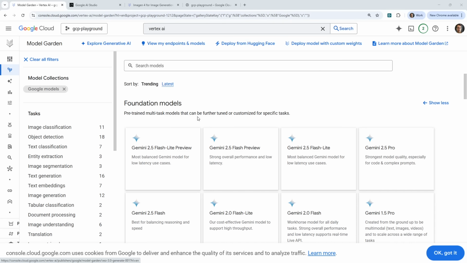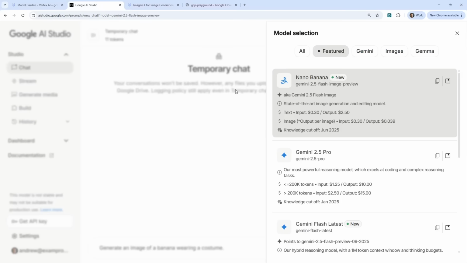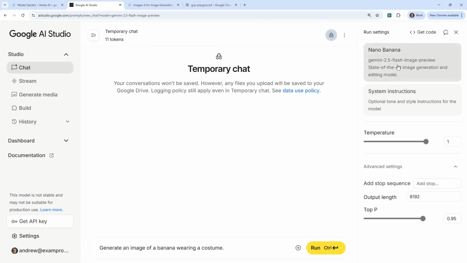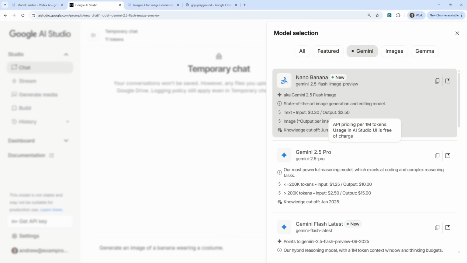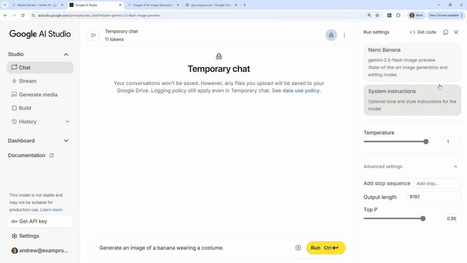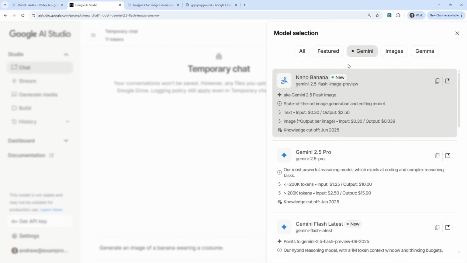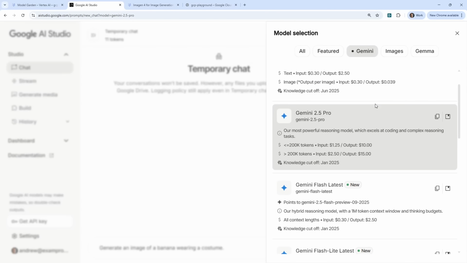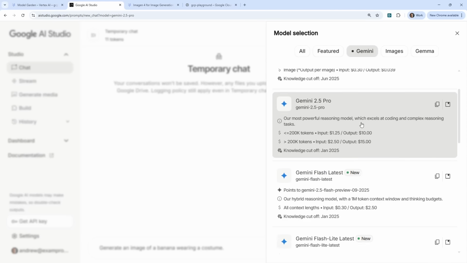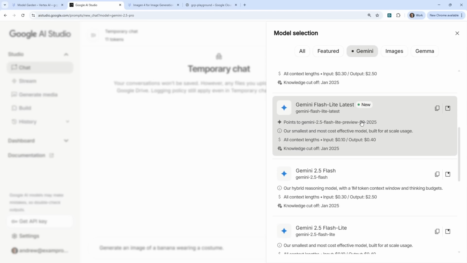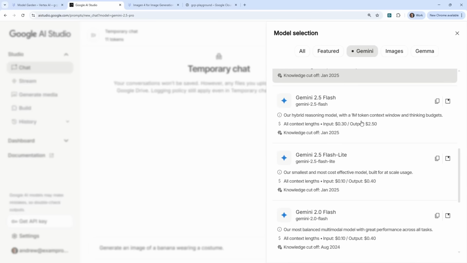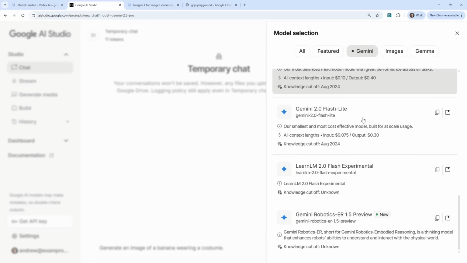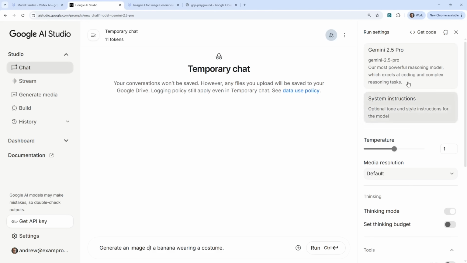And the way you find that out is you explore. So if I'm in Google AI Studio, we could do this in Vertex AI as well, and we go over to Gemini, okay? And we take a look at it, it's still on Nano Banana, but it's probably because I didn't select anything. We can kind of click around and see here where it is. So what I'm looking for is one that might not be multimodal, okay? I'm not sure. They might all be multimodal at this point, but let's go ahead and ask Gemini